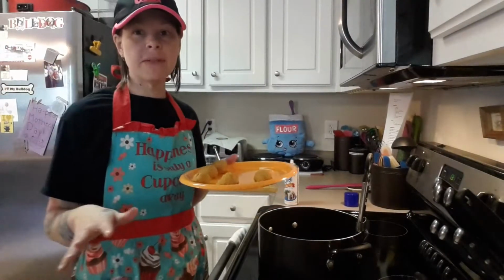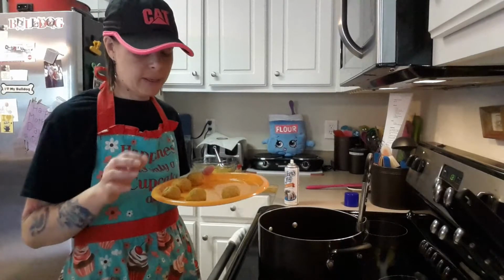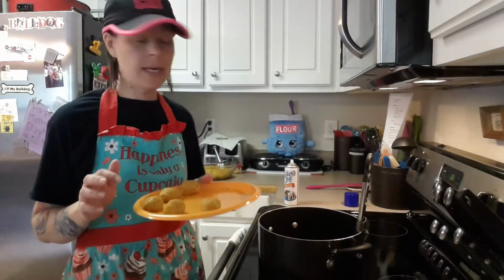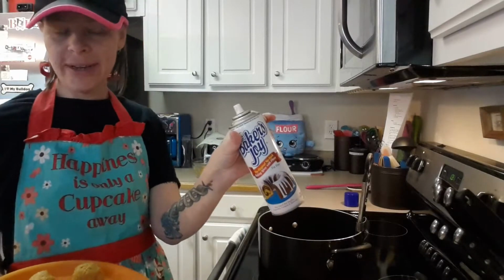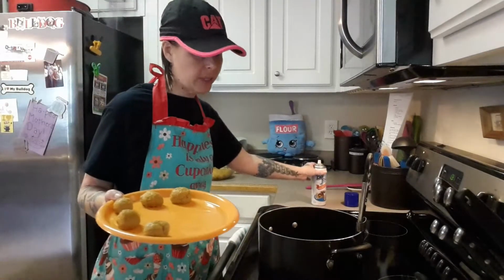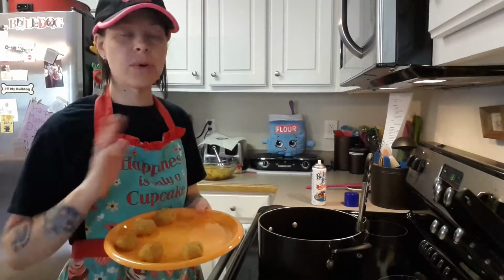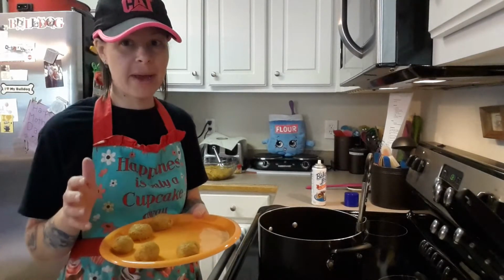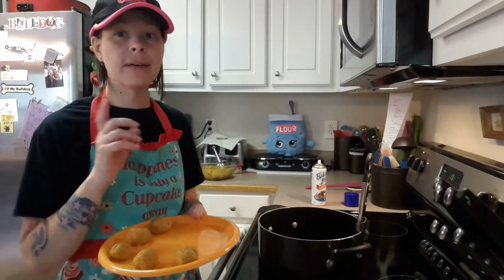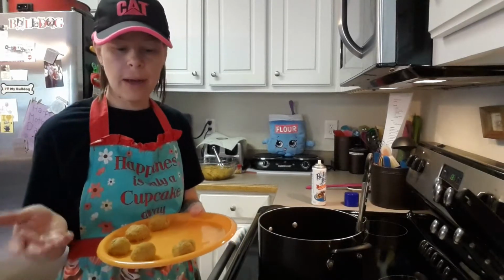Okay guys, so the 30 minutes is up, and I'm glad I did because the dough was really, really sticky. And I am using my trusty Baker's Joy to spray my hands before I roll it. I did a couple without the Baker's Joy, and it makes a huge difference. The dough did not come off my hands, so I highly suggest using some sort of oil or spray before